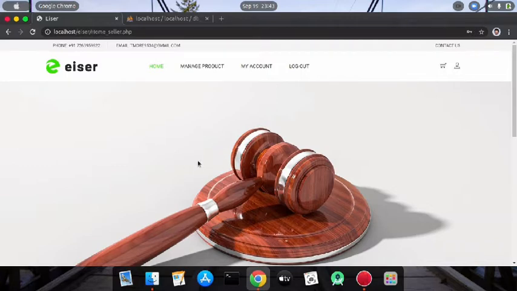You can see here all the options which are given to the seller. We will see them one by one. First we'll show my account, and then we will see the manage product section. So go to my account.